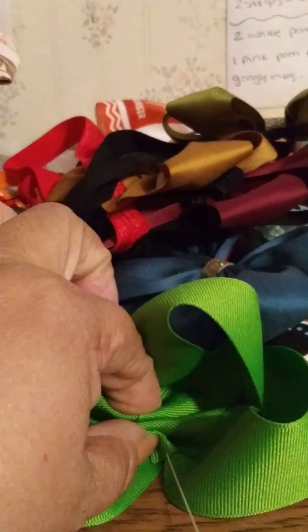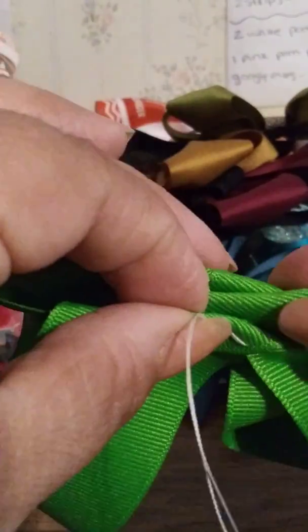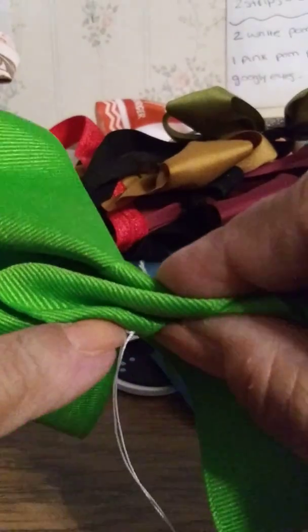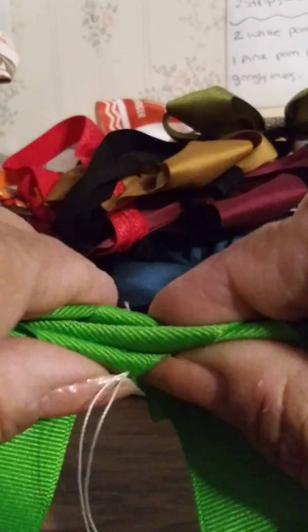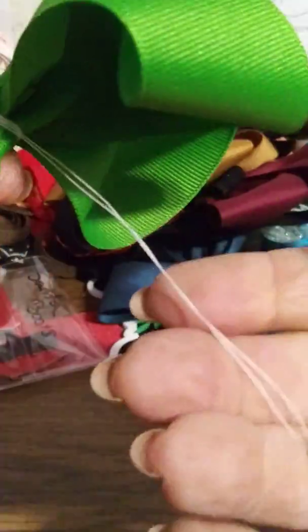So then I get them and I pull it tight, and I make sure they're in the same. If they're not in the same, then I kind of just shimmy it over. So where this right here is pretty much lined up to the first one. Okay, so then I hold it tight and I wrap it around about 2 to 3 times. I'm trying to see if I have enough thread. Okay, so I hold it, I turn it around,